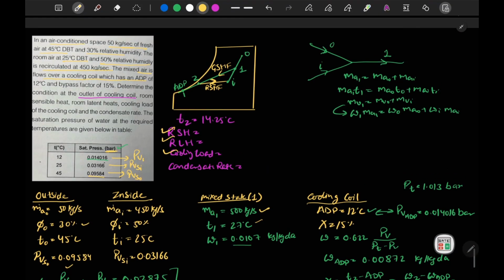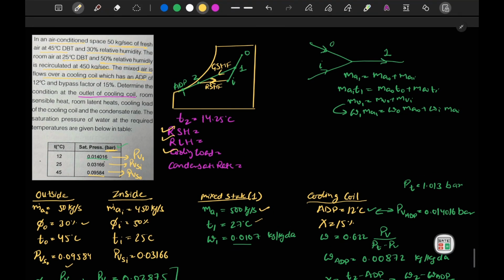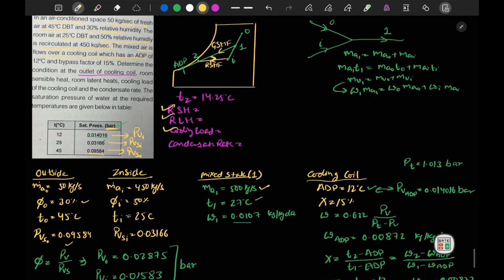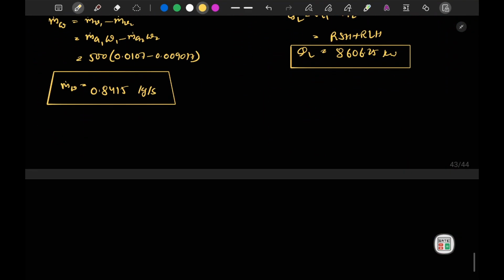Now like we have done this question here, we can also do it by using the psychrometric chart. So I hope first you get how we solve it in the analytical way, okay. Now we will be moving to our next part, that is how do we solve this question the psychrometric way.